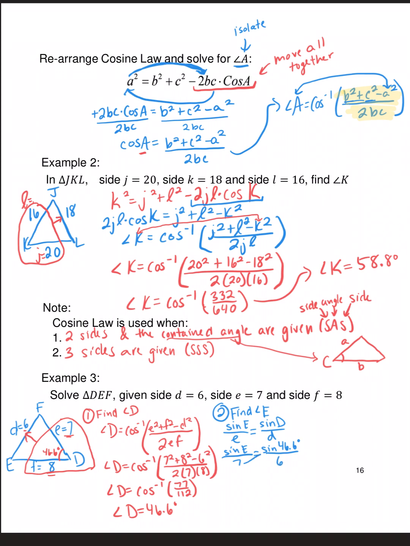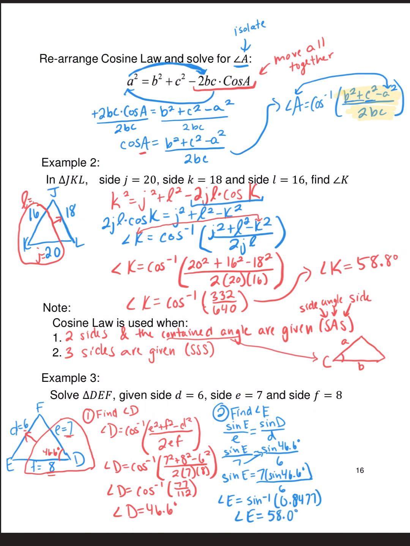I'm going to multiply that 7 up to the top. So 7 times the sine of 46.6 degrees all over 6. And then for angle E, I'm going to end up taking the sine inverse of that big fraction. When I calculate it, I should get 0.8477. Take the sine inverse of that and we should get